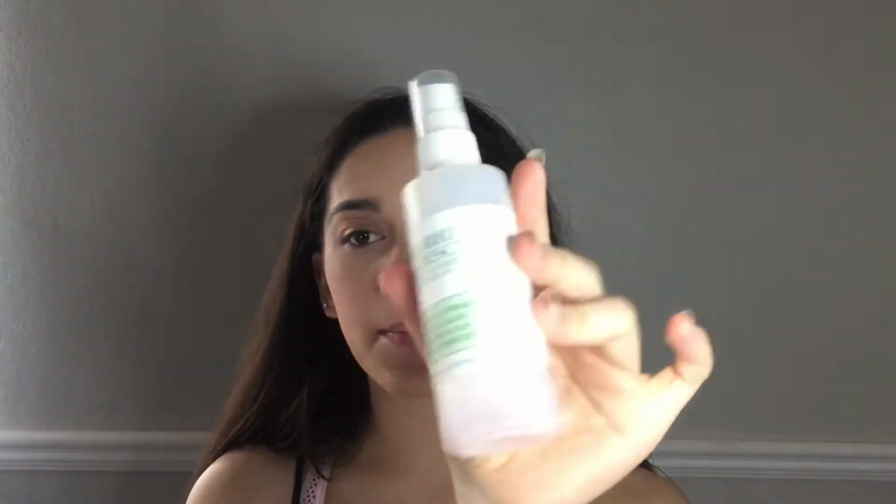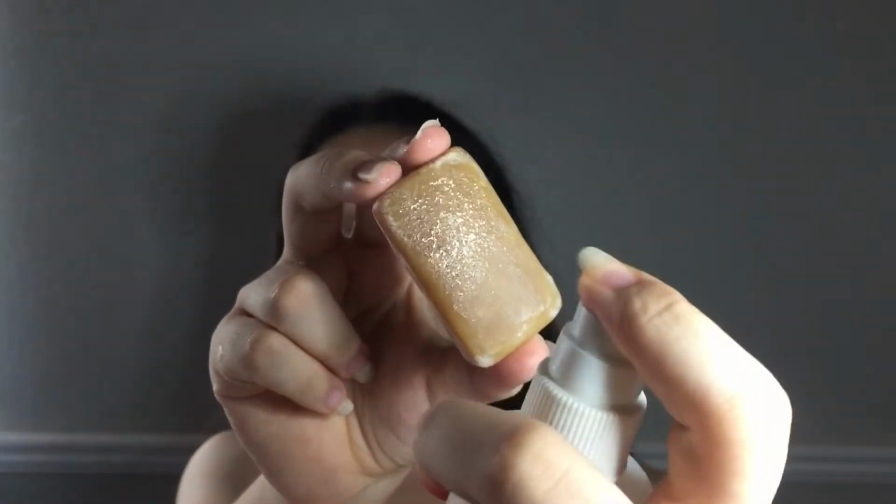I'm just going to do soap brows. I've actually gotten better at this. So I'm just going to take my soap, like that. I'm going to grab my Mario Badescu spray. I need to get a new one because I'm running out. So now I'm just going to spray my...